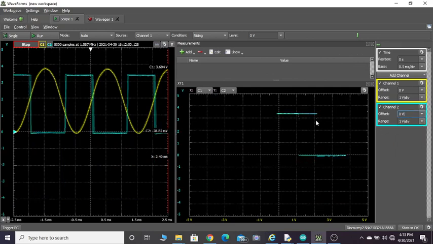Now you can see this is VTH, the higher threshold voltage. This is the lower threshold voltage, VTL. This is like an inverting characteristic. If the input voltage exceeds VTH, the output voltage goes to 0. If the input voltage goes below VTL, then it goes to plus VCC. So this VTH and VTL are decided by the control voltage.